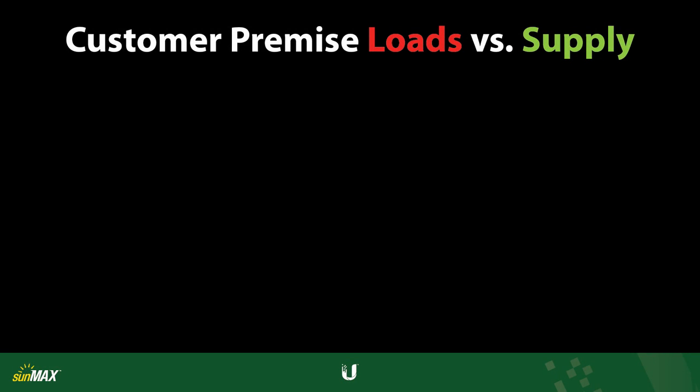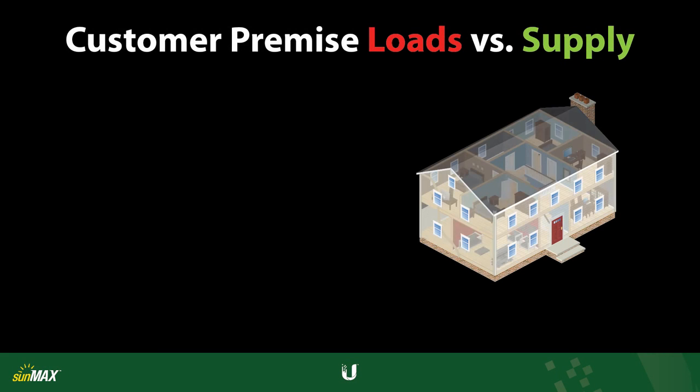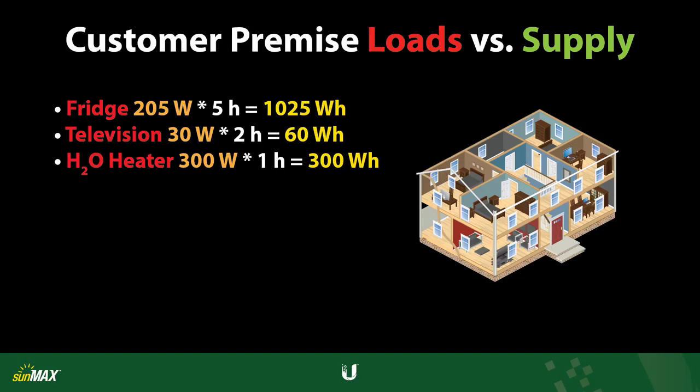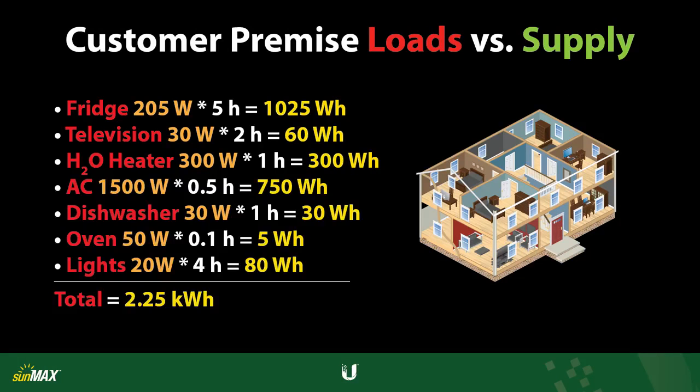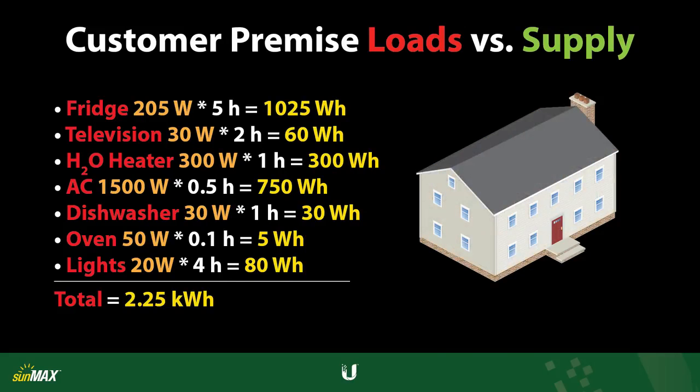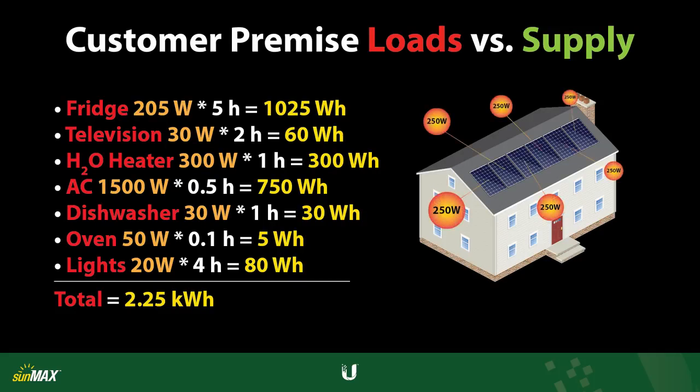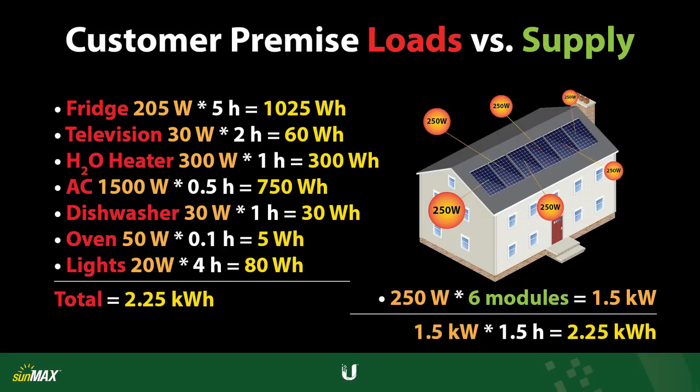Here is an example customer premise whose total energy load measures 2.25 kilowatt-hours over a 24-hour period. To offset the electrical bill, the customer installs a SunMax residential solar energy system consisting of 6 250-watt AC modules. After just 1.5 hours of peak production, the SunMax energy system has produced enough power to energize the customer's loads